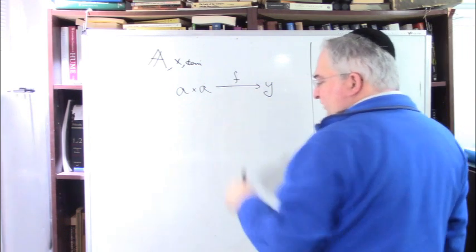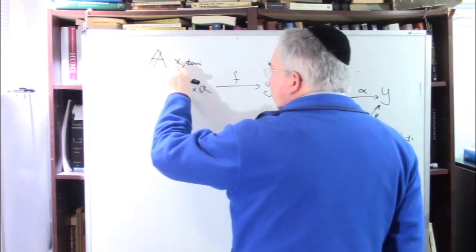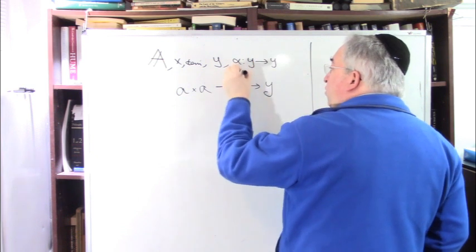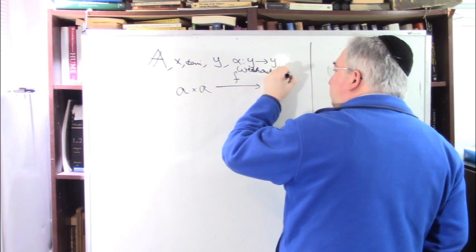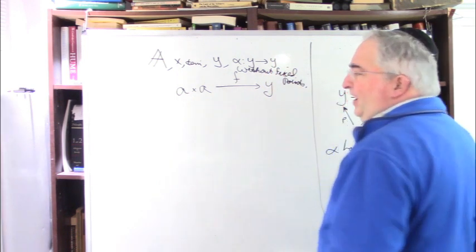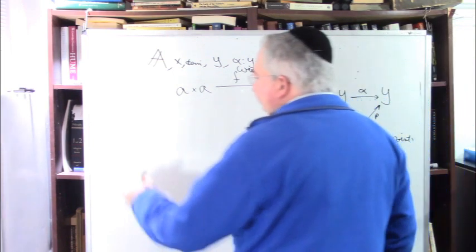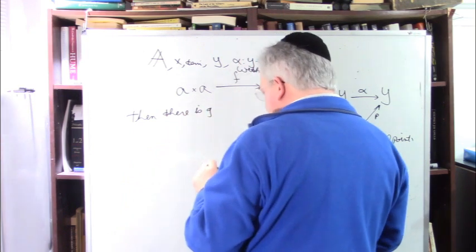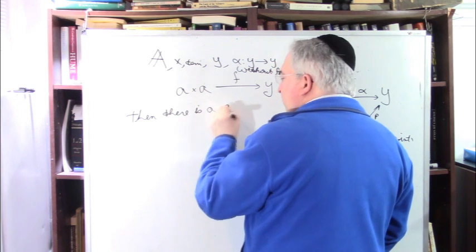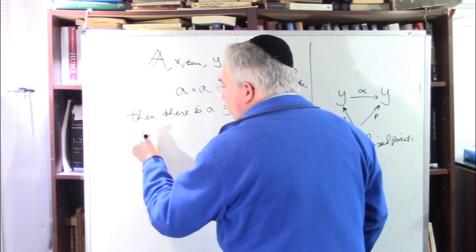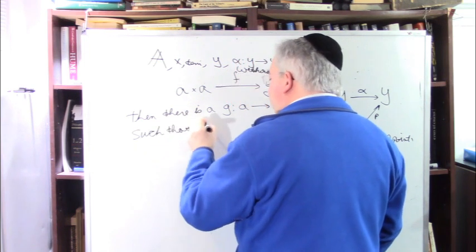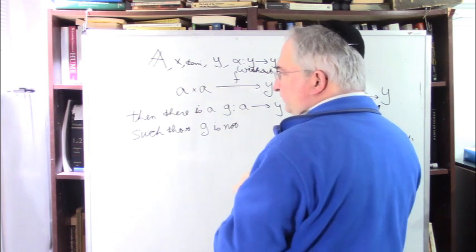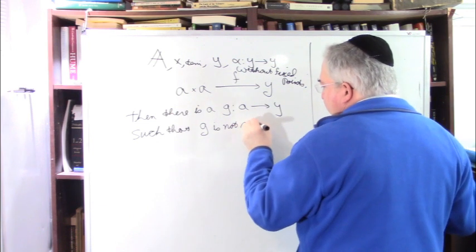So now let's go back to our statement. Ready? Given a category X with a product, with a terminal object, and an object Y, and an alpha from Y to Y without fixed points. It does not have fixed points. Then there is a G from A to Y such that G is not representable